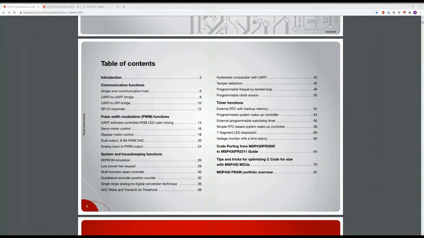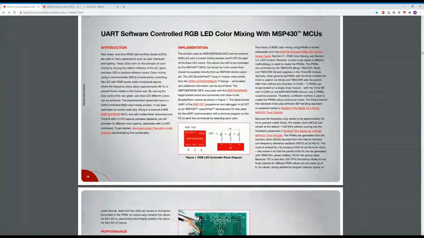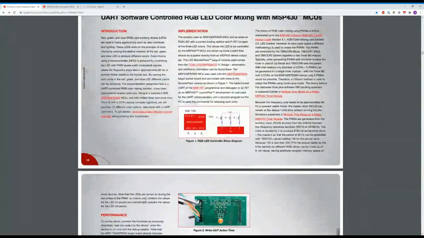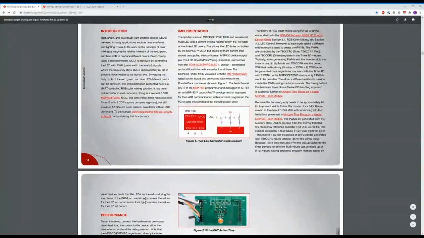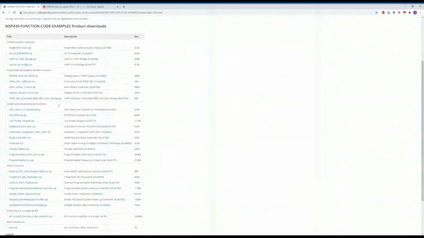This is a basic LED controller example, but I just wanted to show that when you click on this, you'll get 1 or 2 pages that explain the application, explain the demo code, and link to all relevant resources. So everything you need will be in 1 or 2 pages to read through what's going on. Here you can see there's a download file to get all of the code for the examples. Again, this is what Sheena had shown previously, but this is where you can actually download all of the example codes that Sheena was talking about for all the different applications.